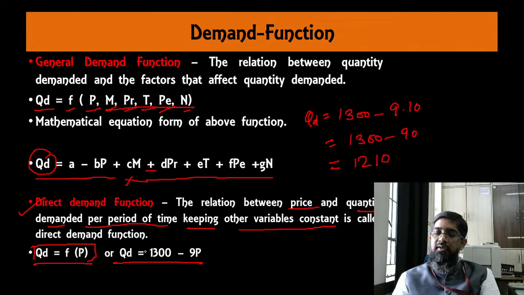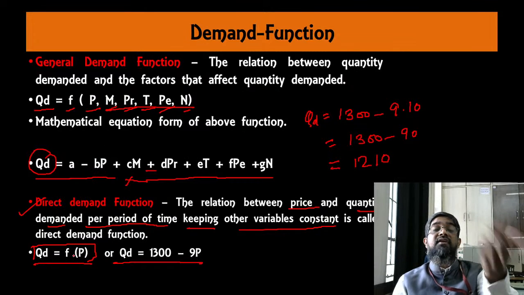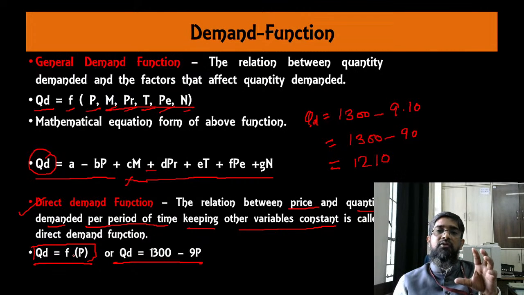Yes, okay, very good. Okay Priya, so now moving on to this is where we show the general demand and direct demand. There is another concept also called inverse demand function. ठीक है, वो आपके लेवल पे नहीं है, बट इनवर्स डिमांड फंक्शन में क्या होता है, क्विकली आई विल से कि डायरेक्ट डिमांड में हम देखते हैं कि क्वांटिटी डिमांडेड कैसे इफेक्ट होता है, चेंज होता है प्राइस के चेंज होने की वजह से. इनवर्स डिमांड में क्या करते हैं कि डिमांड के चेंज होने की वजह से प्राइस में चेंज क्या होता है उसको देखते हैं.